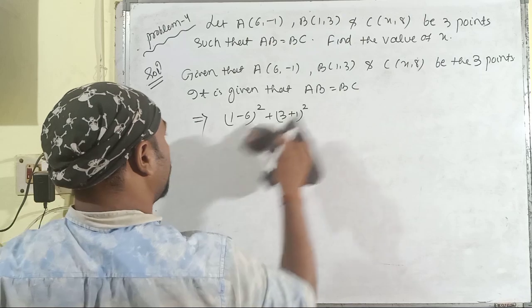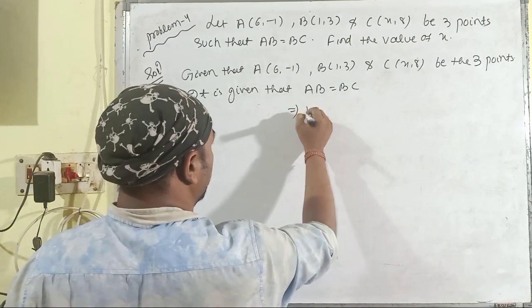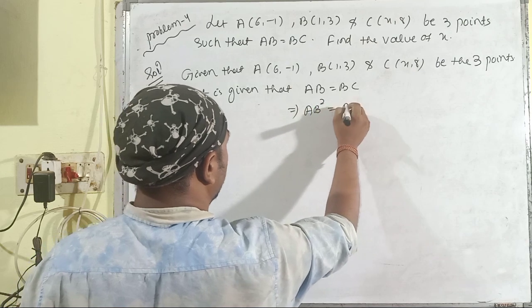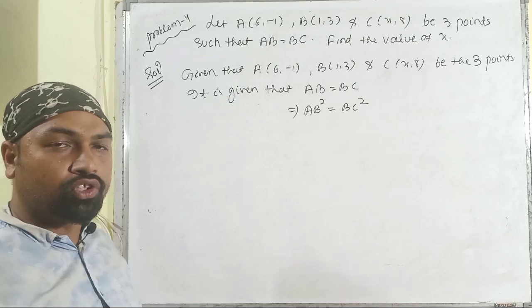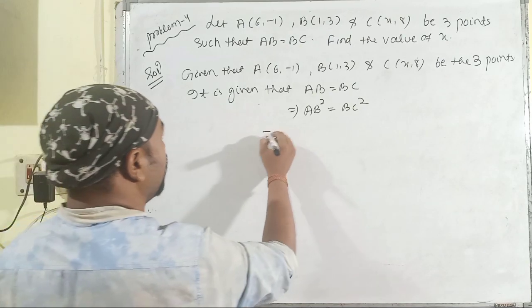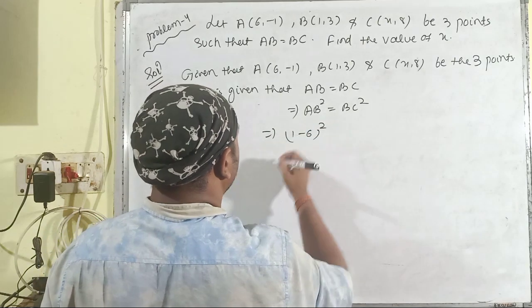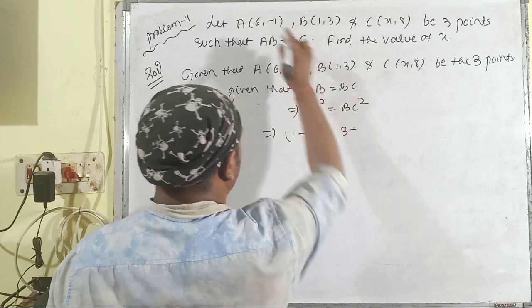Okay, before going to the formula, first of all let us square both sides. Squaring both sides, we have AB square is equal to BC square, because whenever we put squares on both sides, we don't have to write down the square roots again. So it will be just square of 1 minus 6 plus square of 3 minus minus 1,